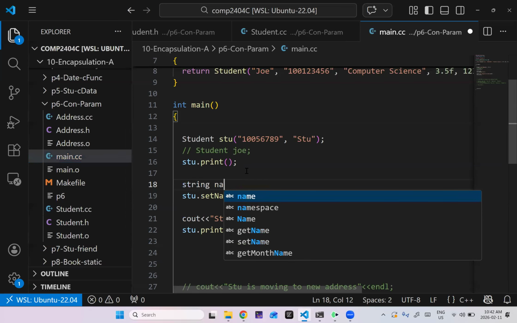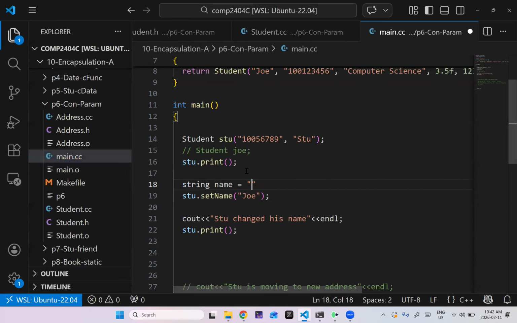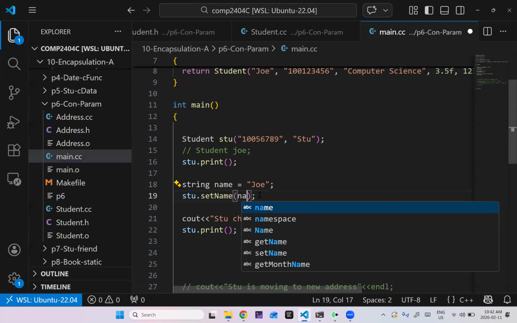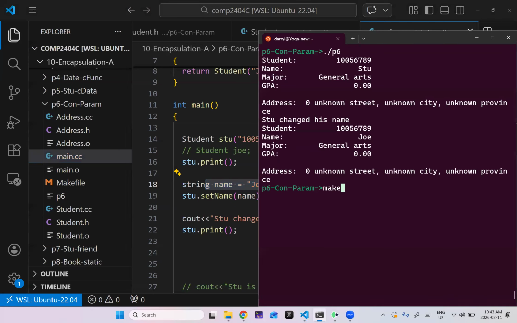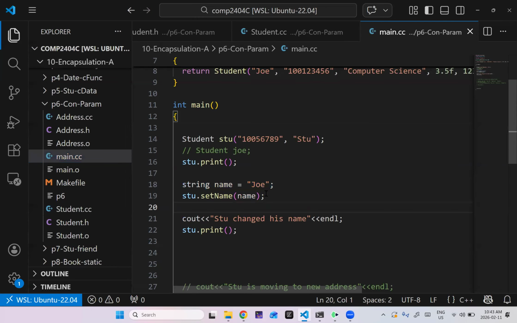String name equals Joe. Well, now I have this is a mutable string, so I can pass that in by reference. This is again kind of inefficient though, because I'm making a copy of Joe, but it does sort of solve that problem of the syntax, not of the making of the copy of. But even better than this is, of course,